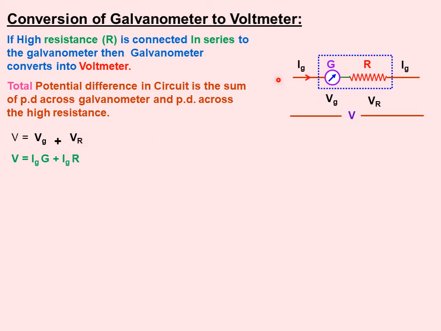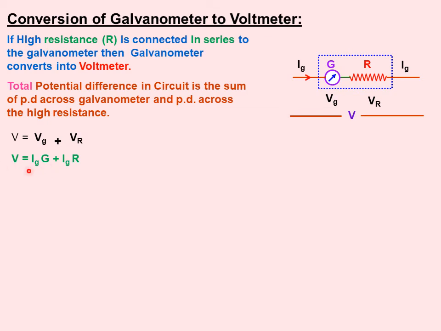because, my dear student, you may face one confusion: why is the current flowing through the galvanometer and the resistance Ig? Because if you connect resistances in series, as they are following the same path, the current across each and every resistor will be the same, as we have done last year and in 10th class also. That's why the current flowing through G and R will be the same as they are connected in series. So the current across Vg and Vr will be the same, that is Ig, okay.